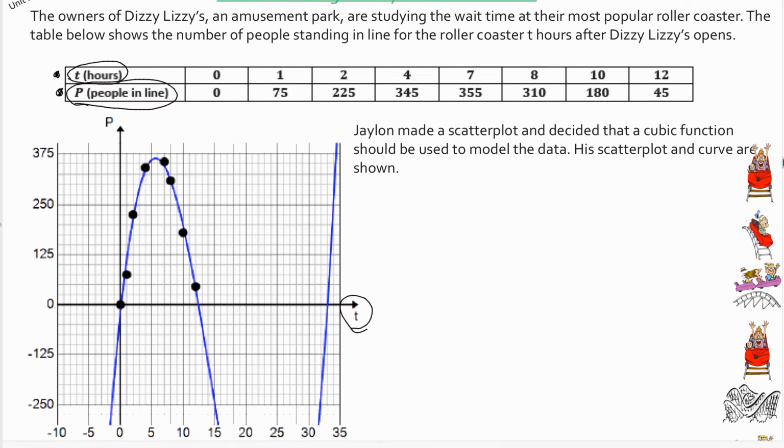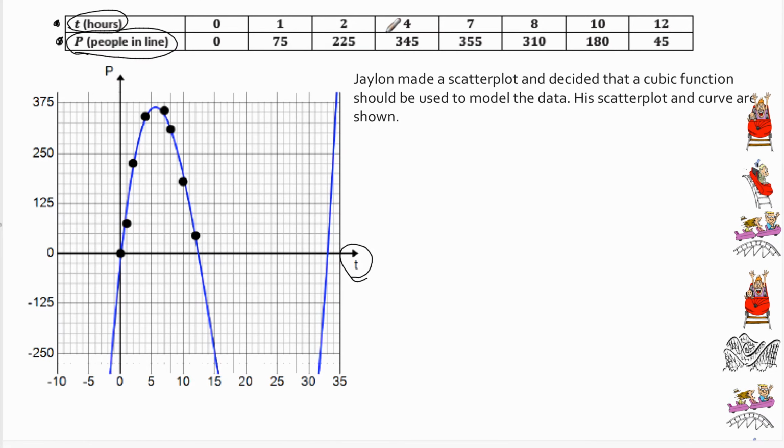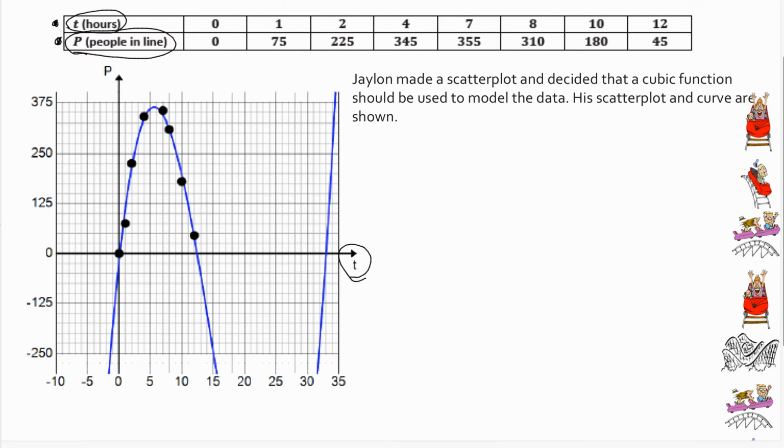Now it makes sense that it's cubic, so we want you to understand that already, that it has a tail down and a tail up, and it crosses the x-axis at 1, 2, 3 spots, so therefore it has to be cubic. All right, so what kind of questions would they want us to understand and glean from this graph? They want you to be able to look at this graph and see at which time the wait line is